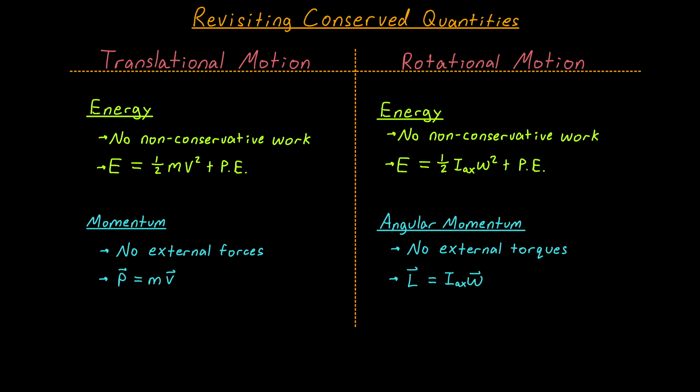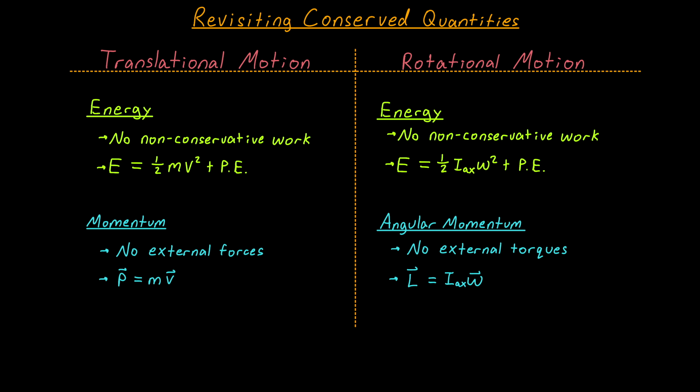The second conserved quantity we talked about for linear translational motion is momentum. And momentum is something that's conserved if there are no external forces acting on your system at all. Or to be a little bit more technical, if there are external forces, they all have to cancel out for momentum to be conserved. So there can't be any net external force. And what we said in our previous episode was if that criterion is met, then the momentum of your system, which is defined as its mass times its overall linear velocity, will be conserved over time as well. Or if your system is comprised of multiple objects, then summing up their momentum will give you a total momentum